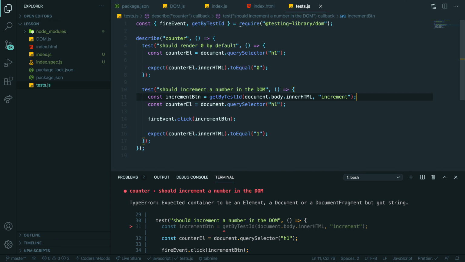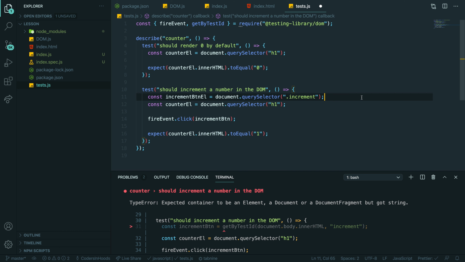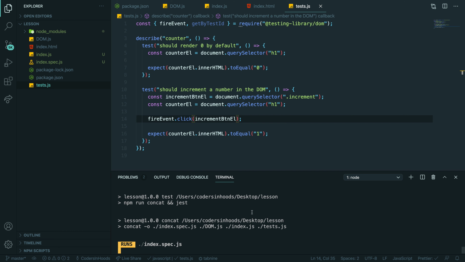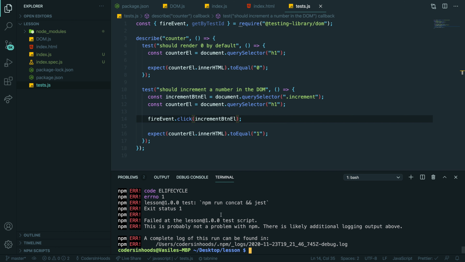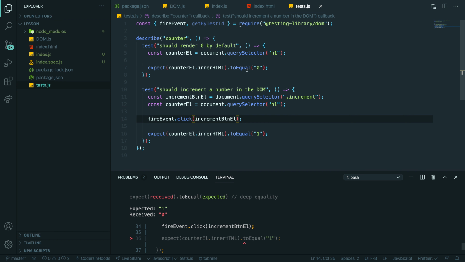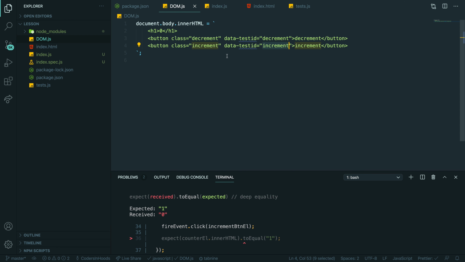I'm just thinking, can we use query selectors here as well? Let me just test it maybe. If you have this one, call it here, let's run. We should fail the test, but yeah, got it. So we can use query selectors here. We don't need test by ID, that's fine. That's good, that will simplify our life.